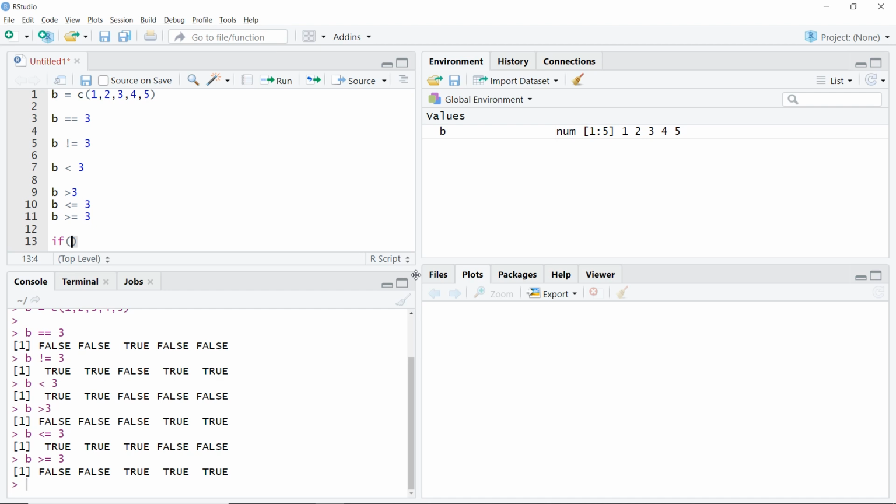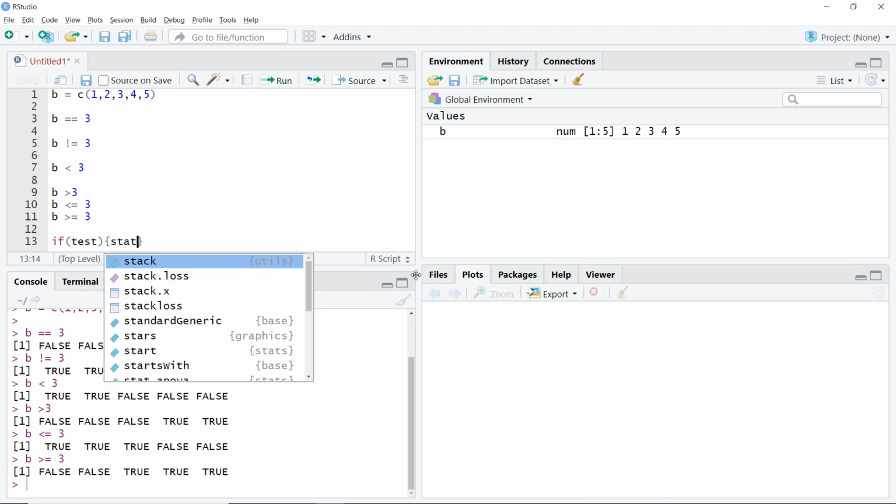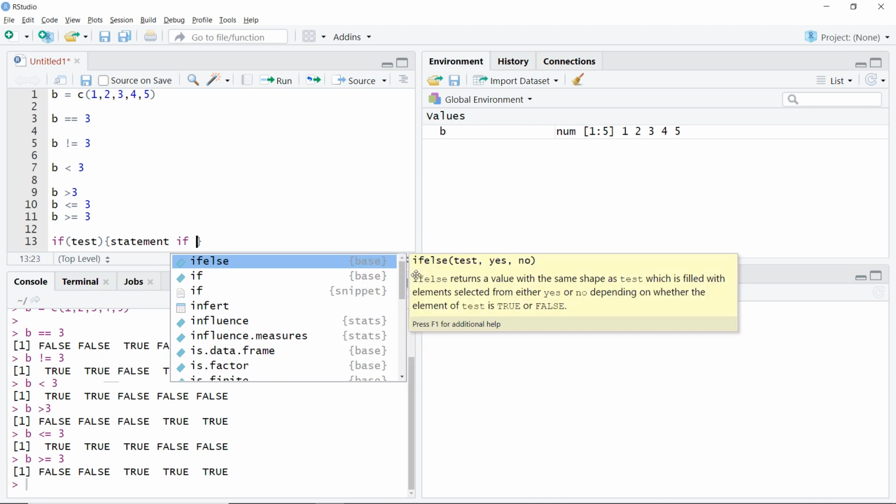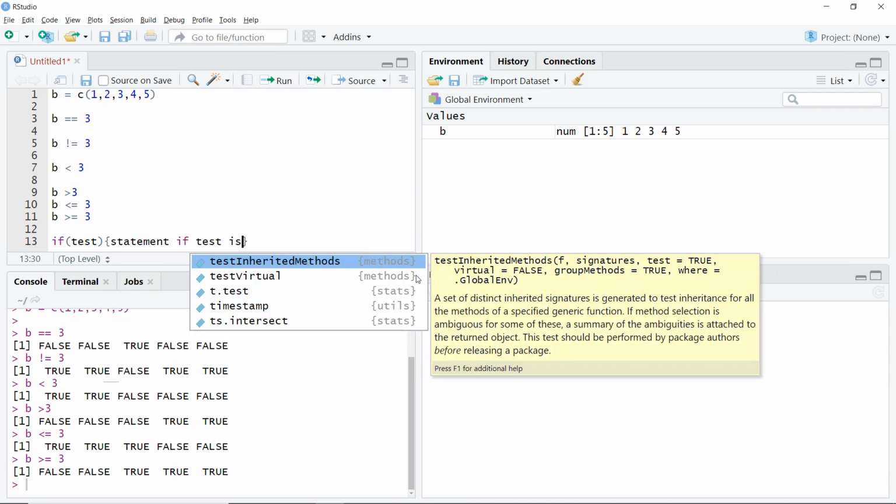So I'll be checking for a particular thing, so I'll just write here, first of all, some kind of a test. And then we open our curly brackets. In curly brackets, we tell the algorithm what to do if it is true. So we'll have some kind of a statement if test is true.